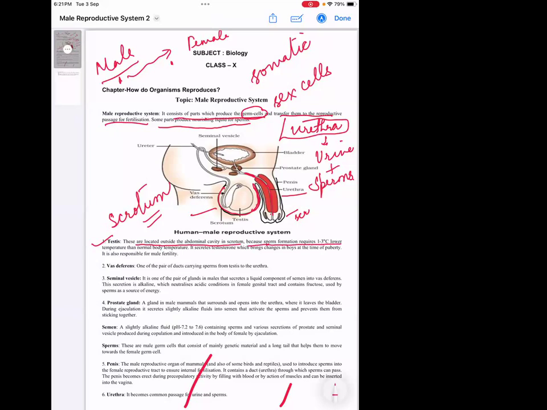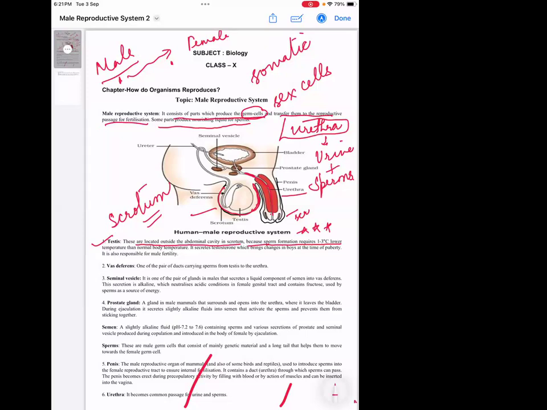normal body temperature. So the testes are present in a bag-like structure called the scrotum because it provides them with a temperature 1 to 3 degrees Celsius lower than the body. This is very, very important. Most years they ask this question: what is the function of the scrotum? You just need to write that it provides a 1 to 3 degree Celsius lower temperature than the normal body